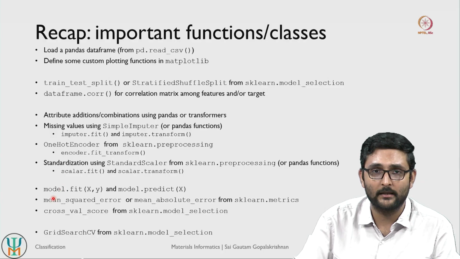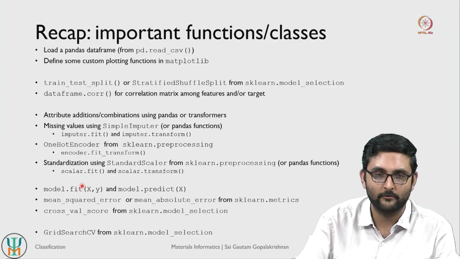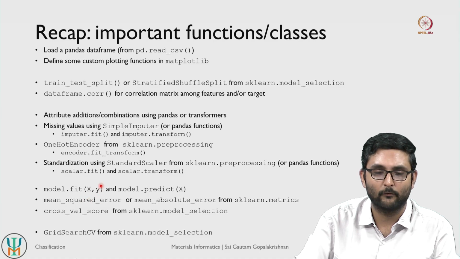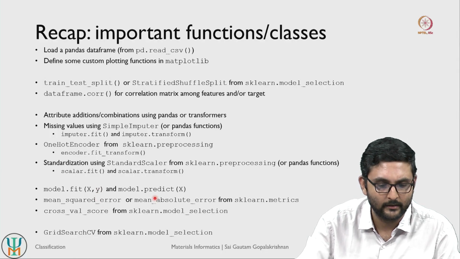And for any machine learning model that you have with scikit-learn, in order to create or fit that model, you simply use the fit function. The fit function typically takes 2 arguments. One is your set of features, which is usually an array or a matrix, and y is your set of targets, usually a vector, right.